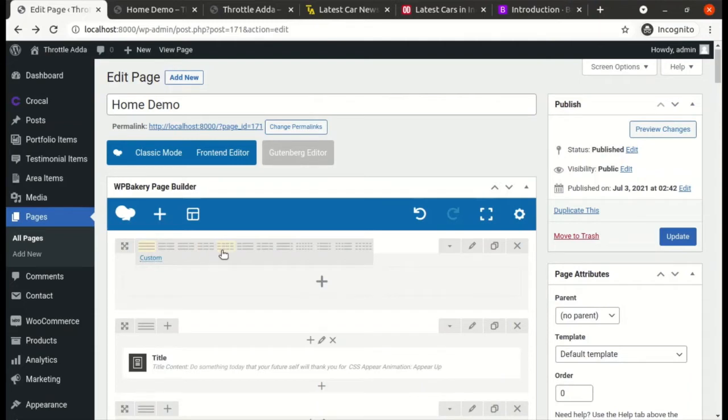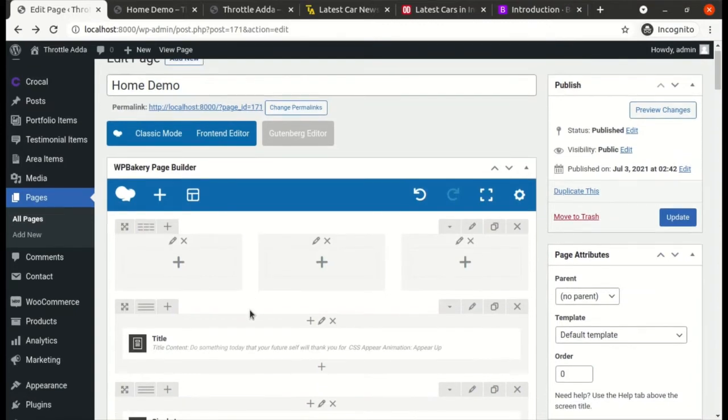The next you would see that there are 4 columns, that means 3 columns each in one row. So on and so forth. So you can check out whatever options you're looking for. We are looking for a 3 column option. Now if you see that this 3 column is divided equally, don't worry, we need a different kind of styling, we need a different kind of layout where we need 6 column, 3 column and 3 column. Okay, so after dividing this row into 3 columns, we will again adjust the size of each column. That can be done.